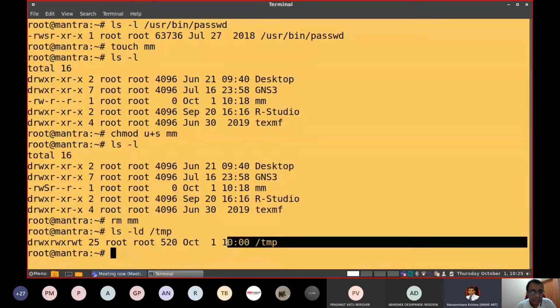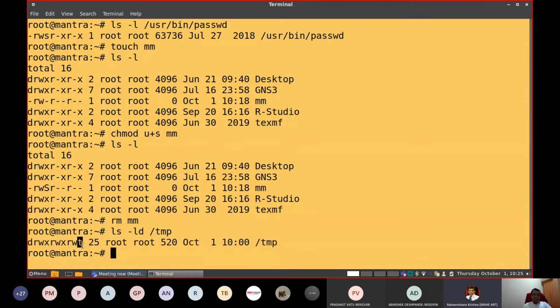It is a directory. And also note that there is a special character here, that is a t. This t is the sticky bit equal to 1. Sticky bit is set to 1 for such a directory. These are temp files, temporary files.